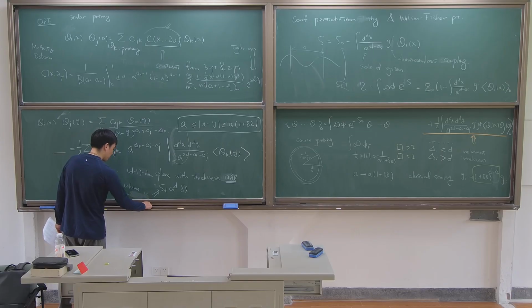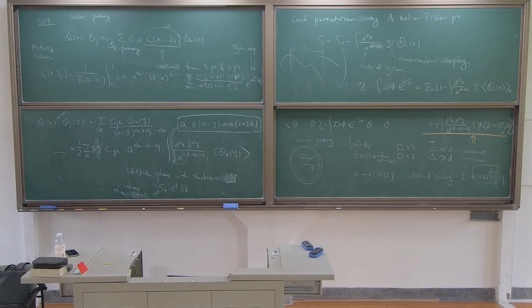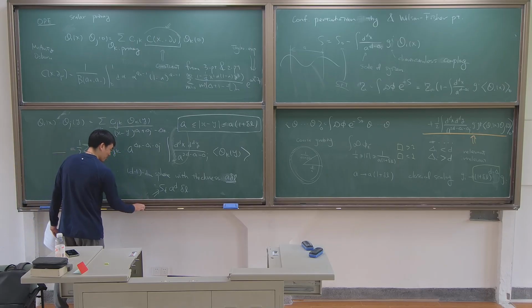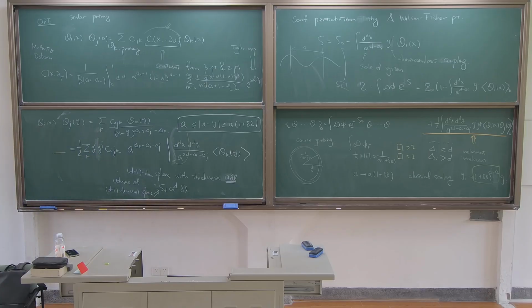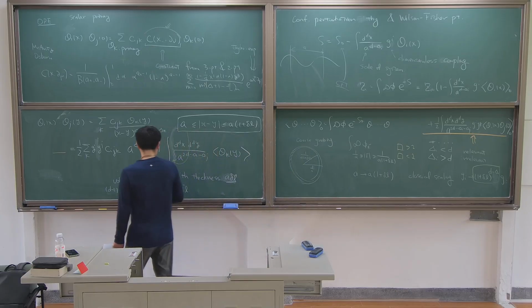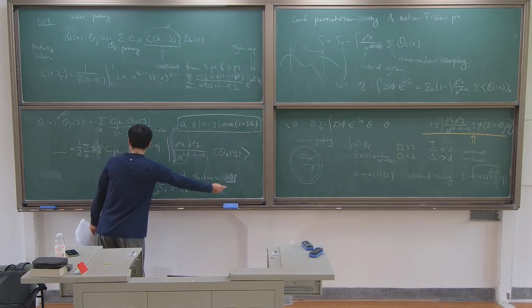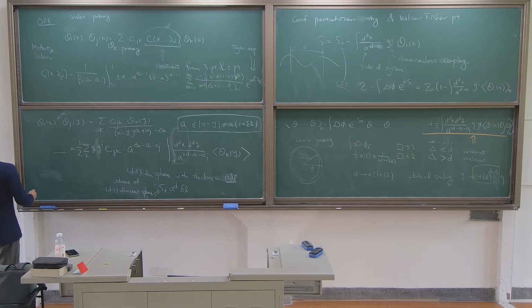So S_D is the volume of the unit d minus 1 sphere. Sorry, this upper index means the sphere. It's the computed volume of the d minus 1 dimensional unit sphere. Okay, so that's it. And essentially A to the d minus 1 will give you, anyway, this is with thickness of A delta, and if you plug them into here, what you get is